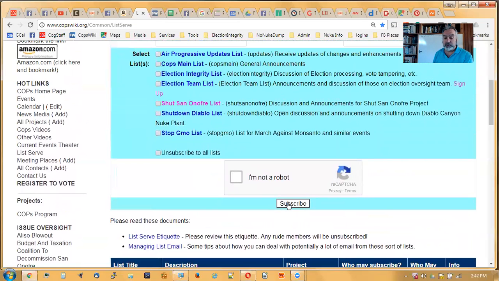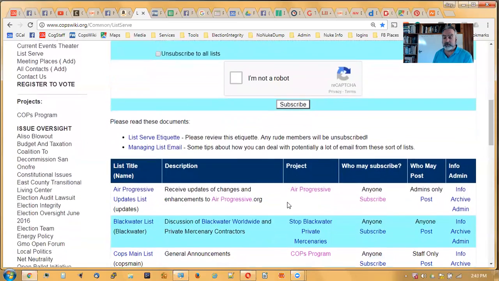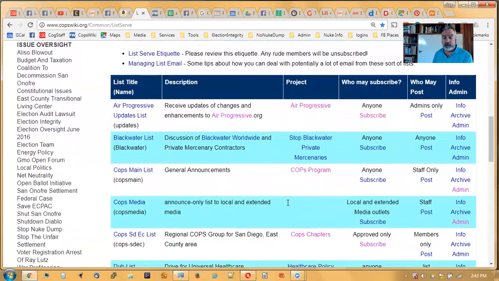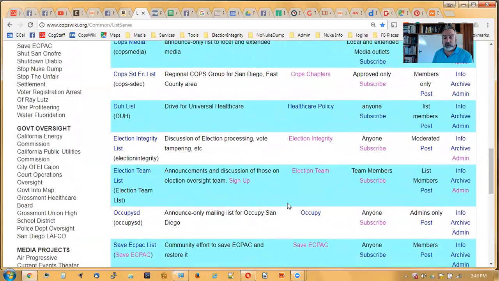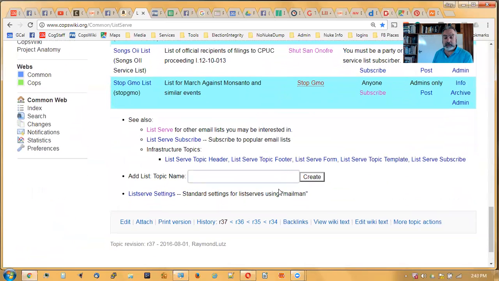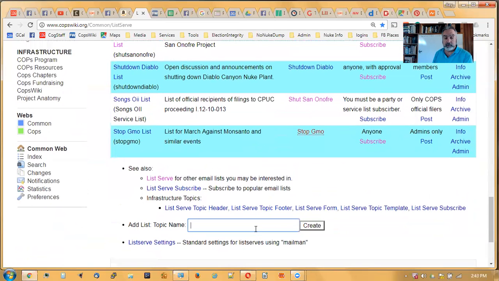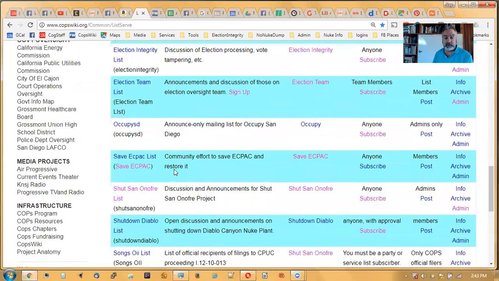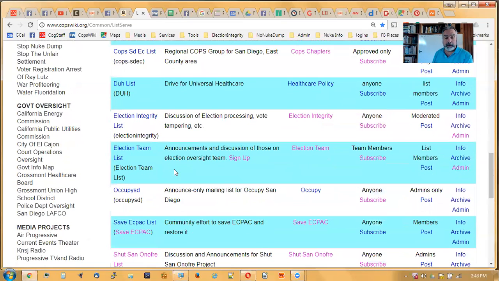It doesn't do it automatically because I had to turn off automatic subscriptions. But this is the list of all of the published mailing lists. And if you want to create a list, you would create it here. And the nice thing about this is for a given topic, say election integrity,